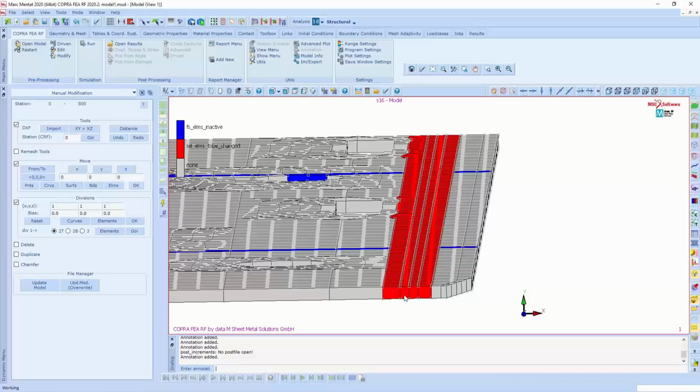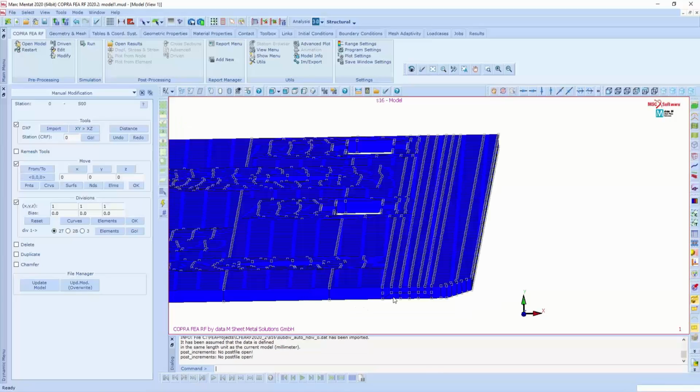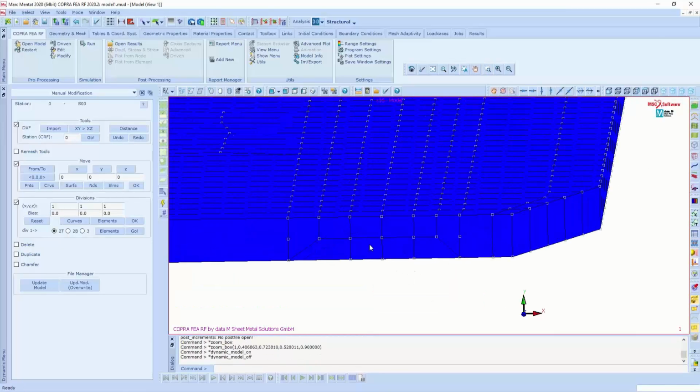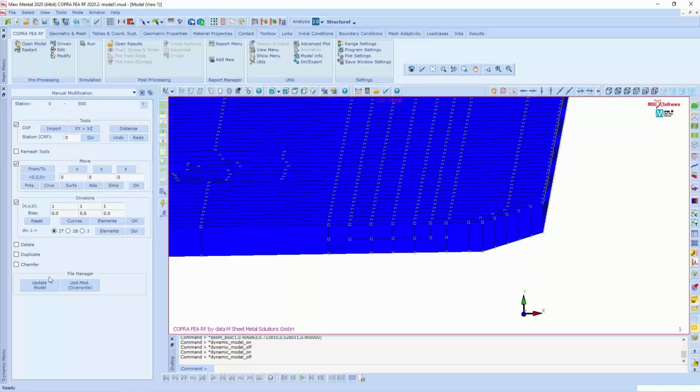You see, it's working, and now it's finished. Of course, if I did a mistake, I can always click at undo. Yes. So now we will have transition, and the transition, because I selected T, at the bottom it's 1, on the top is 2 elements. Yes. So I update